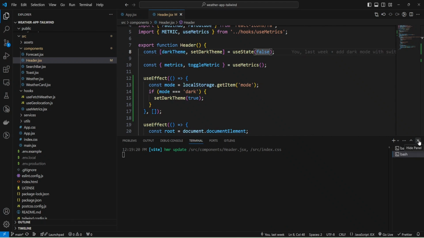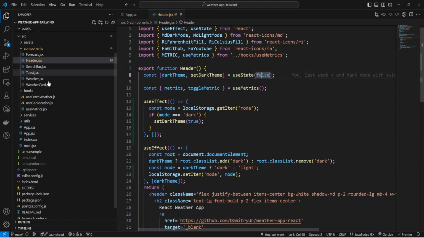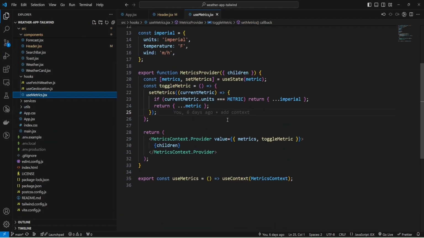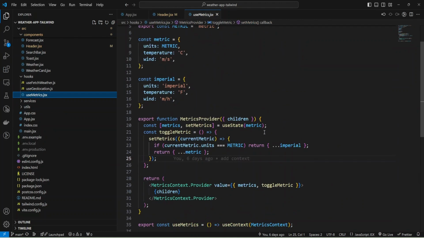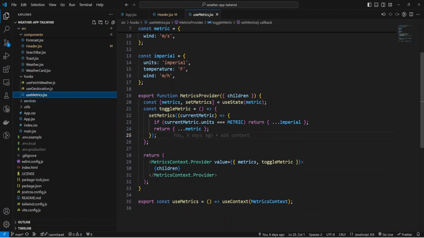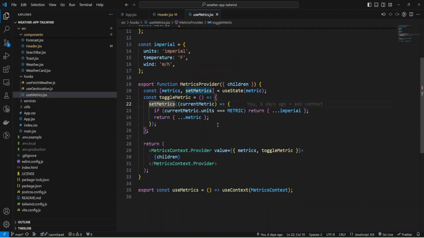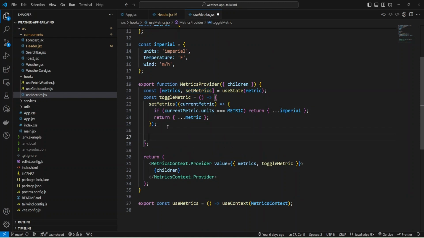Now I can close this panel, and I have the useMetrics file, and inside useMetrics I have the toggleMetric function, which runs when I change the state of my metrics, and let's add local storage here.